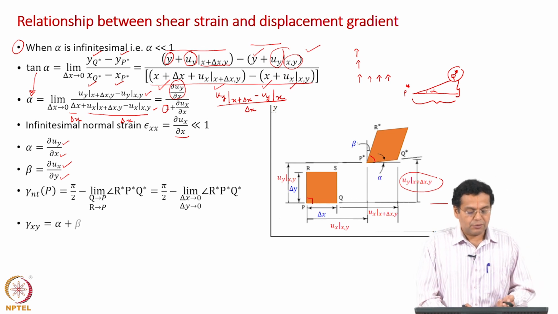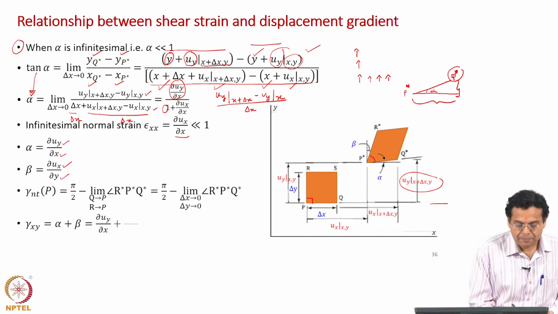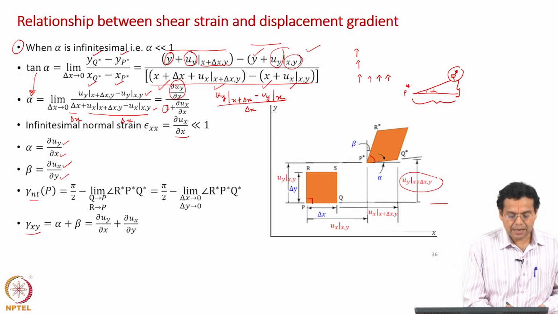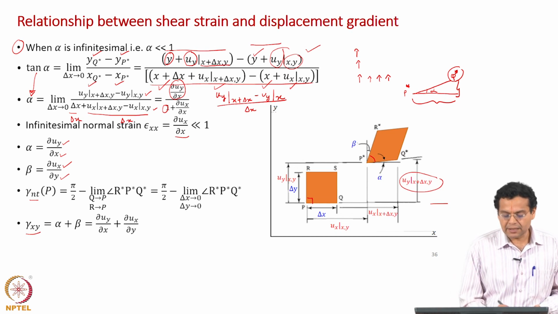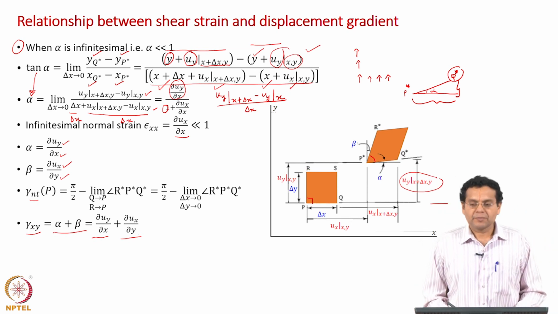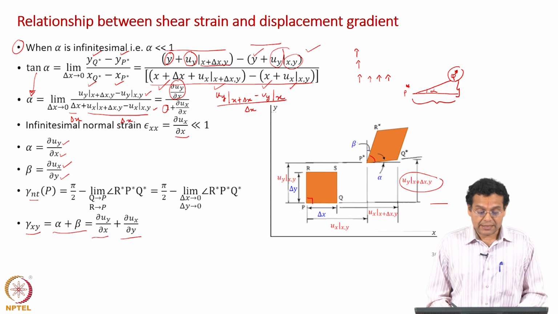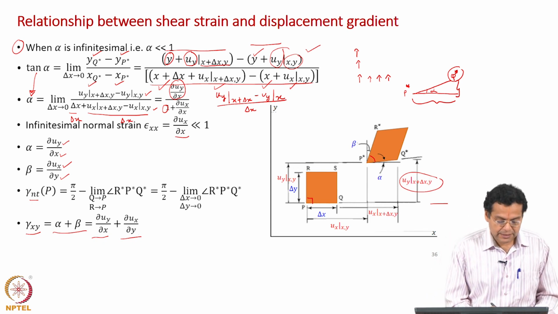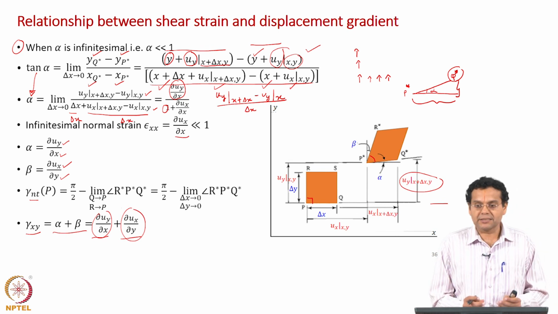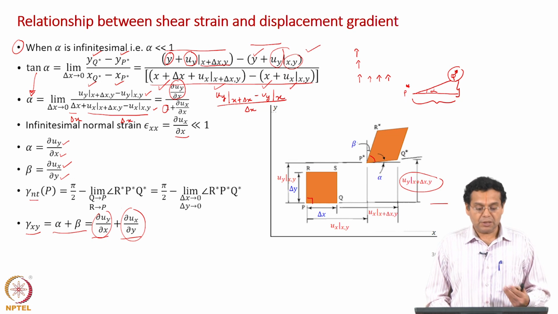So, gamma x y, once again nomenclature has changed because our n t directions are along x and y axis, that is why we replaced gamma n t with gamma x y, and the difference in angle is nothing but alpha plus beta. Substitute the expressions we have got earlier, and we have an expression for shear strain, which is the change in angle. Just like we discussed for normal strain, these gradients are familiar to us in the 2 dimensional case, though of course we did not sum up and discuss separately. But now when you sum up you have got a good physical significance.